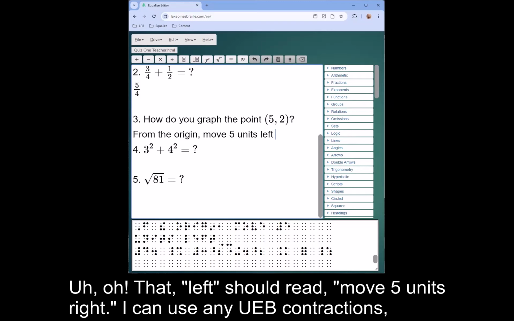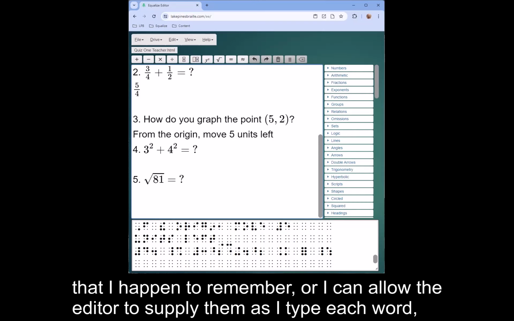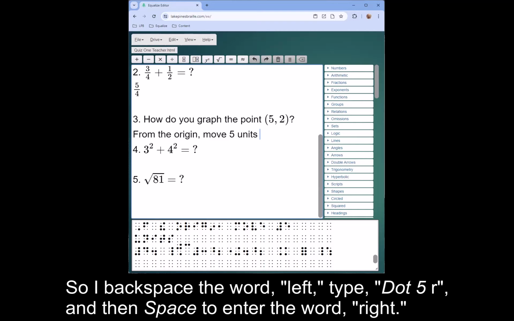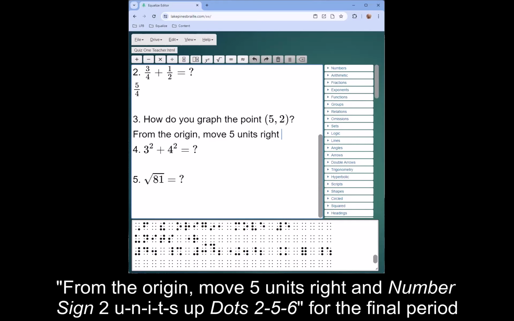I can use any UEB contractions that I happen to remember, or I can allow the editor to supply them as I type each word, and when I make a mistake, I use dot 7 to backspace and try again. So I backspace the word left, type dot 5R, and then space to enter the word right. From the origin, move 5 units right and sign 2